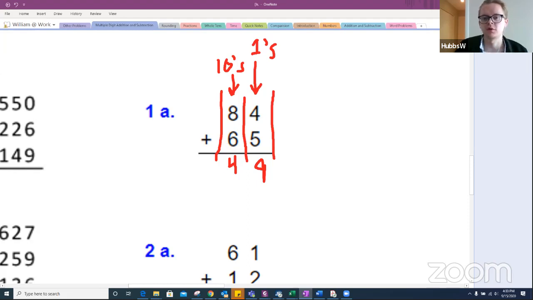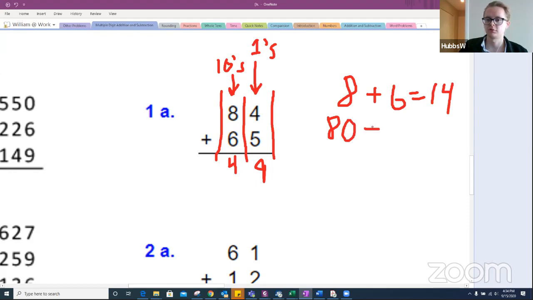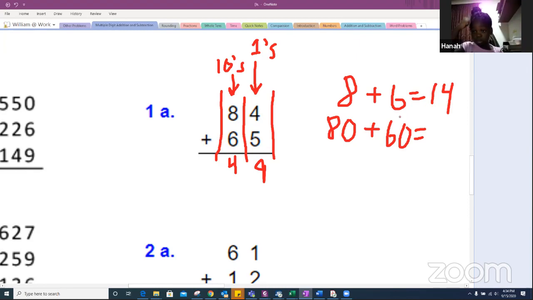Or here's a better way to look at it. If 8 plus 6 is 14, right? We know that. What is 80 plus 60? Could anyone tell me that? If 8 plus 6 is 14, then 80 plus 60 is going to be,